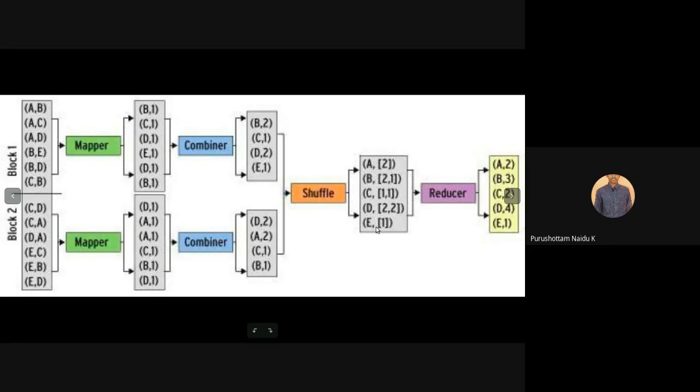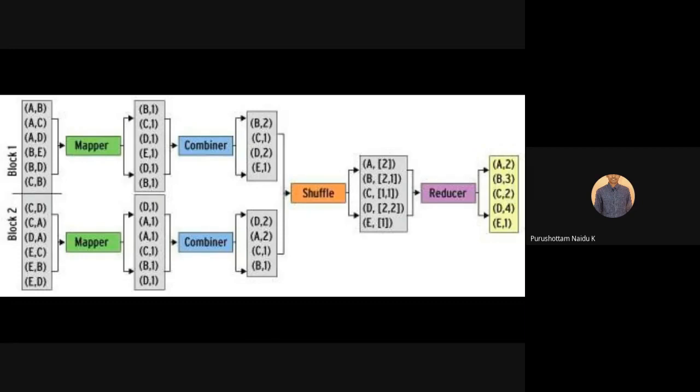So here the key point you have to remember is the combiner is just like a semi-reducer, and the combiner works at a mapper. At each and every mapper, one combiner is executed. The logic of the combiner is similar to the logic of the reducer. The main advantage of the combiner is to reduce the volume of data transfer between the mapper and reducer. That is the advantage of the combiner.